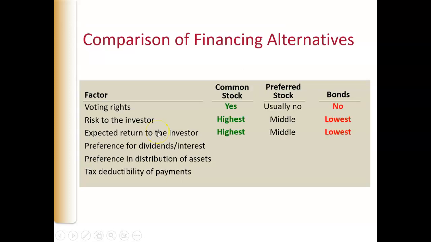So, in terms of common stock versus preferred stock, common stock is going to have the biggest risk, but it's also going to have the biggest reward. Common stock, you get to vote, like we talked about earlier. The risk is high, but the reward is high. With preferred stock, you generally don't get to vote. And the risk is middle of the line, which is more of a safe investment, but the reward is also middle of the line.